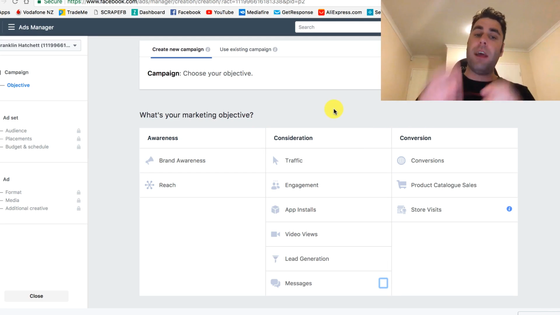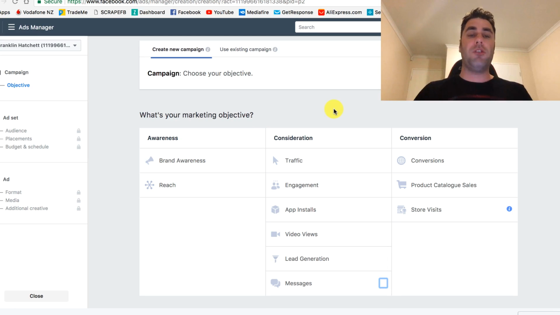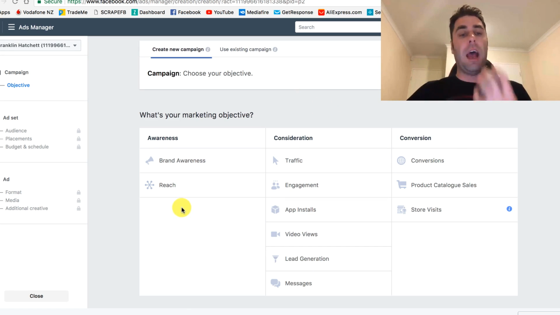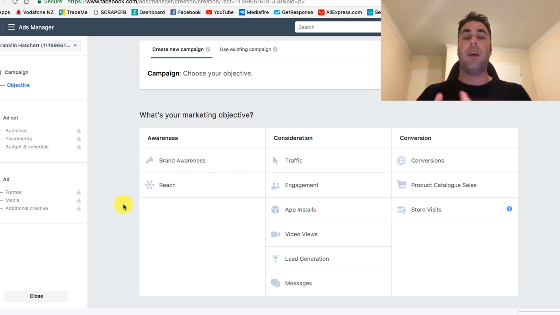Okay, so that's basically an overrun of Facebook. Now we're going to jump into getting your pixel going. I want to try and make this as detailed as possible, so please stay till the end. I don't know how long this is going to be, but I really want you to understand the power of Facebook, how it works, and how simple it is to set up, because a lot of people get really, really